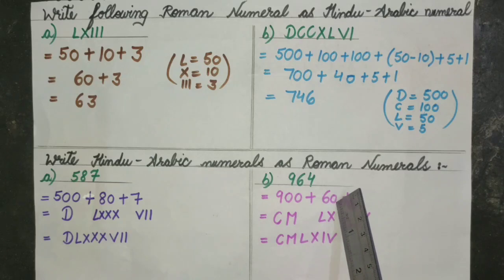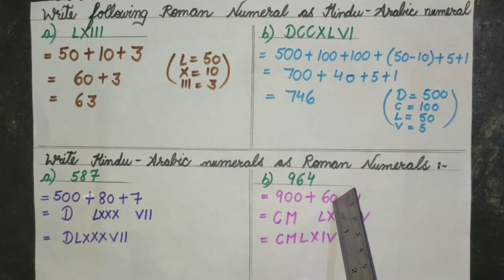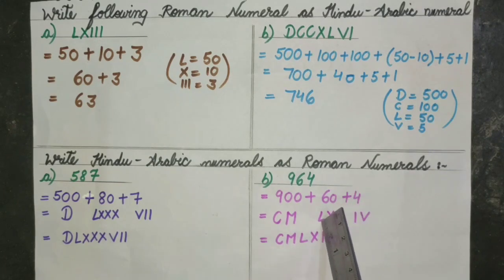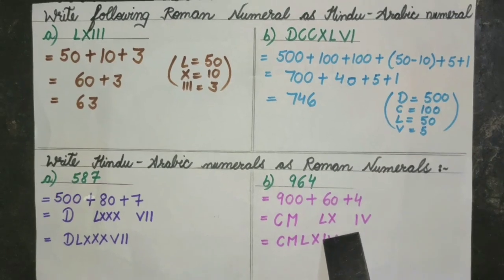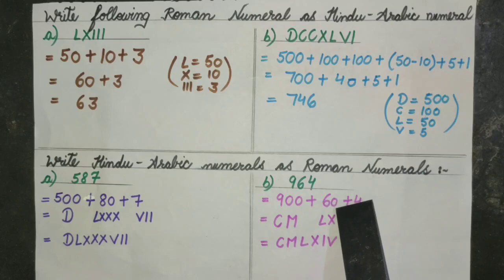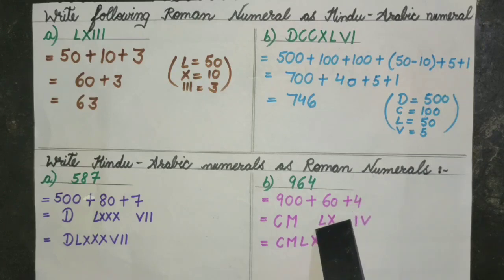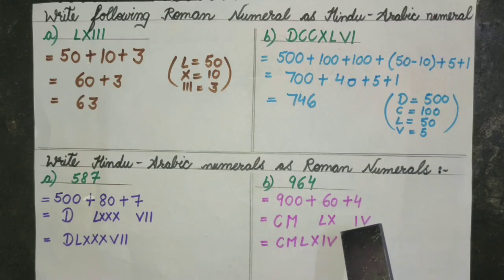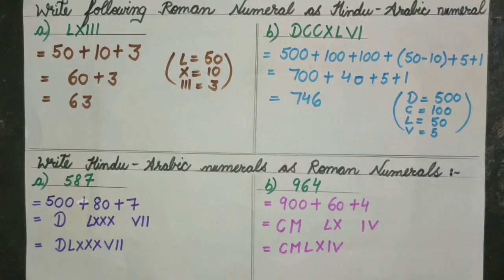Now, how to write 60? We know how to write 50. L is used to write 50, and 60 I want. 60 is greater than 50. So to get 60, we have to add 10 to 50, and to add, we have to write X after L